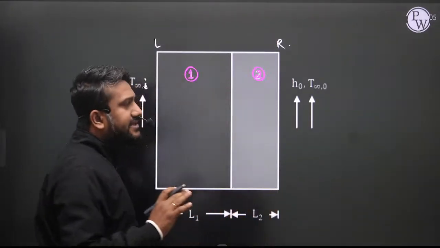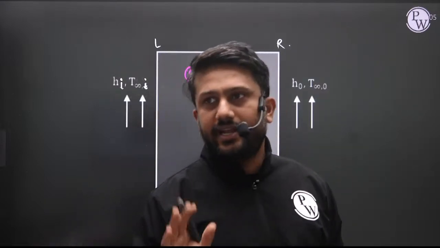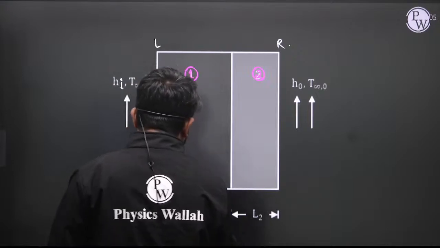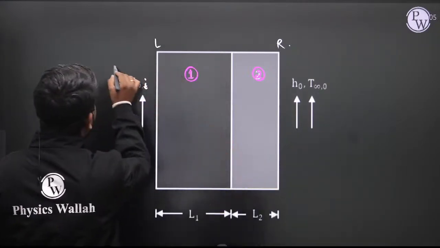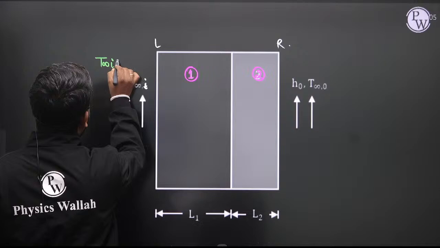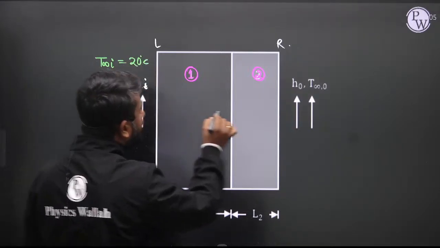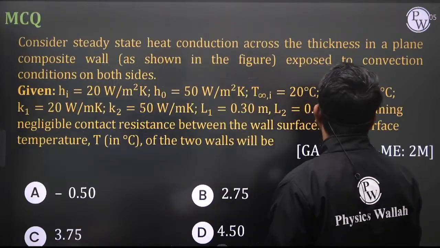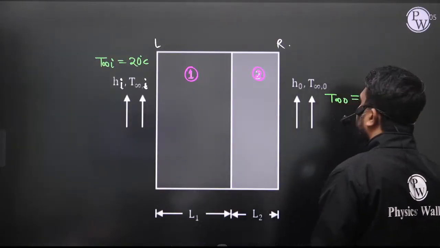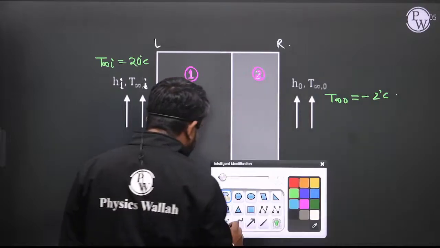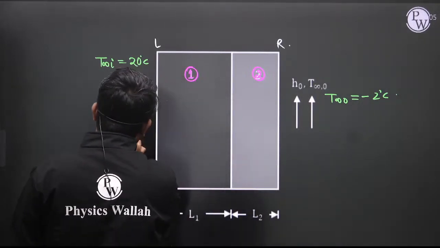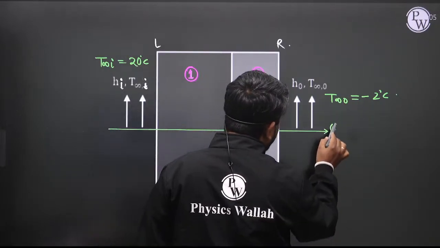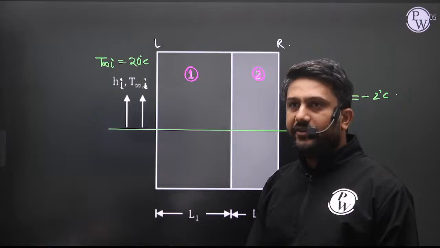Whenever you get such kind of problem, first draw the thermal circuit. On this side T infinity i is given, that temperature is 20 degrees Celsius, and on this side T infinity 0 is given, which is -2 degrees Celsius. So definitely heat transfer occurs from the 20 degrees Celsius fluid to the -2 degrees Celsius fluid. So this is the direction of heat transfer. Now if you draw the thermal circuit here,